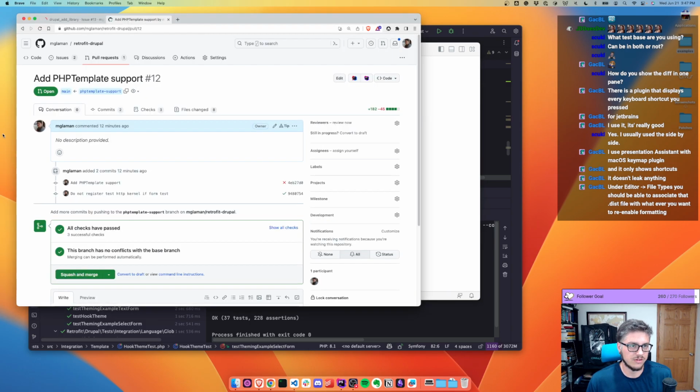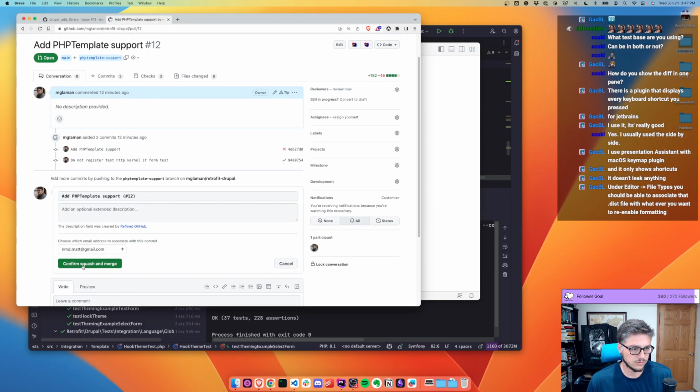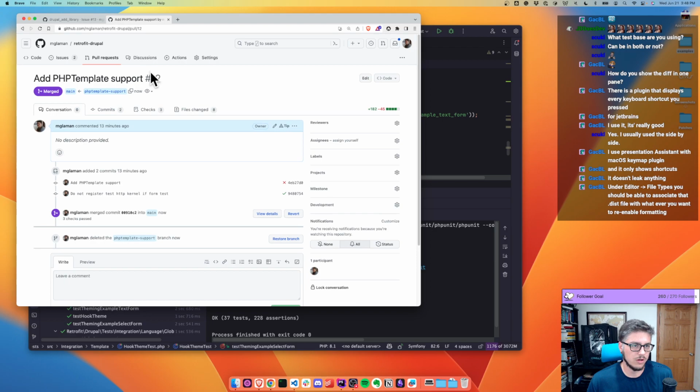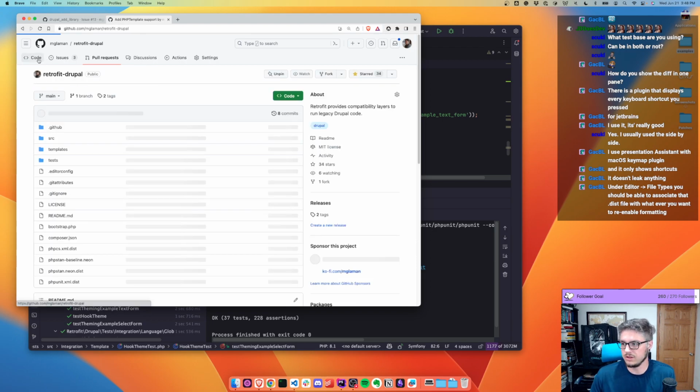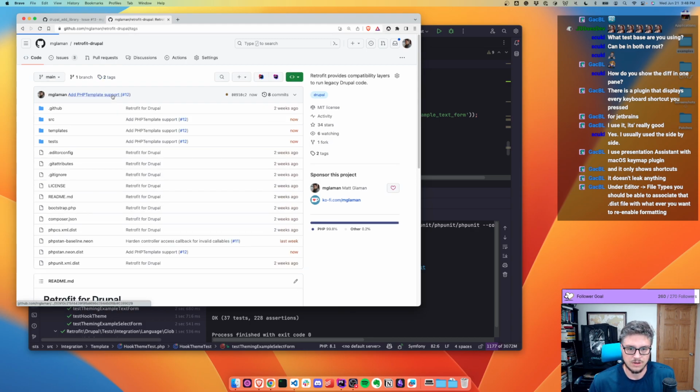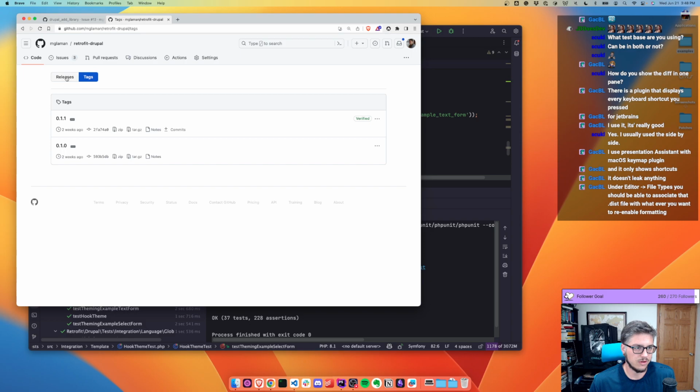All right. So let's see. This passed now. I'm going to squash and merge. We have PHPTemplate support. I'm going to go ahead and create a new release to get this out there for folks to use if they want to use it and play around with it. So let's... Oh, that's 0.1.1. Let's create a release of